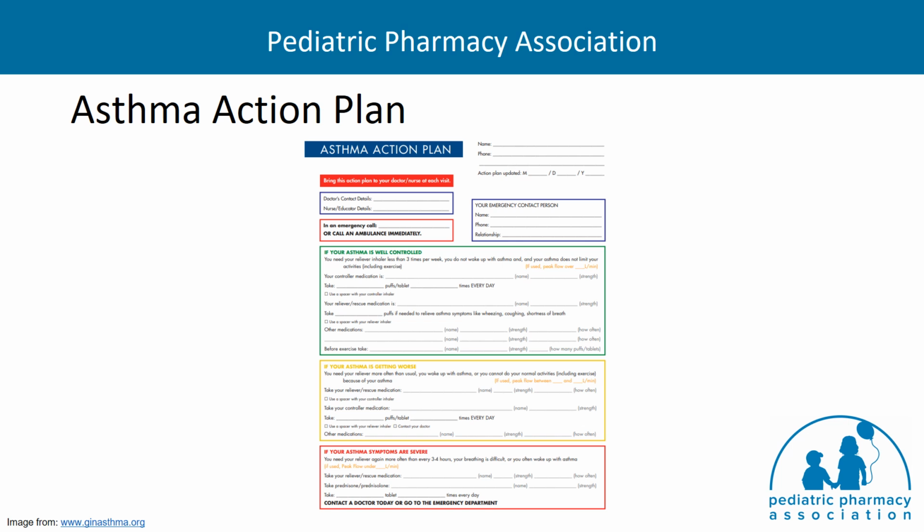For example, when a patient's asthma is well controlled, they will take their maintenance or controller medication as prescribed. When their symptoms worsen, they will be instructed to take their reliever medication such as albuterol or inhaled corticosteroid formoterol. On the plan, the specific dose and frequency will be indicated for each agent that they should be utilizing. Finally, for severe symptoms, the patient may be instructed to initiate an enteral corticosteroid burst and contact their doctor. These plans should also include instructions on when the patient should go to the emergency department for further care.